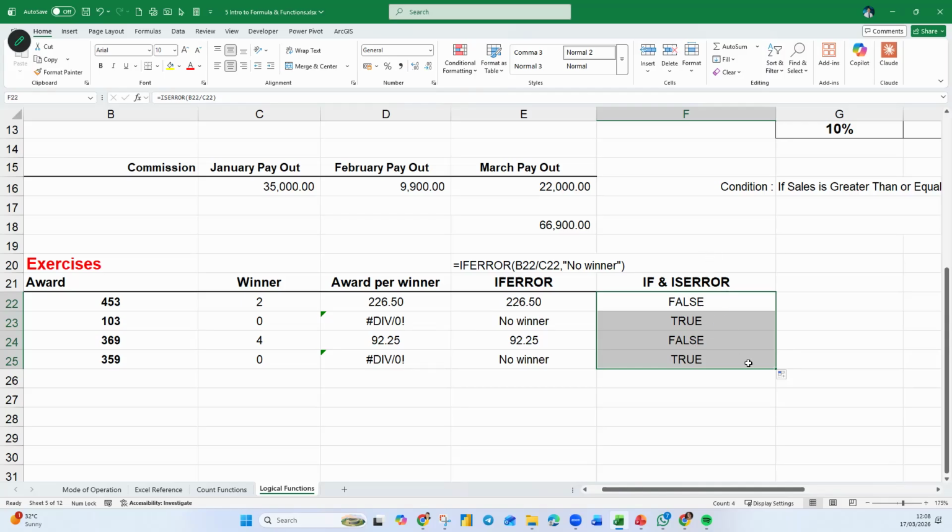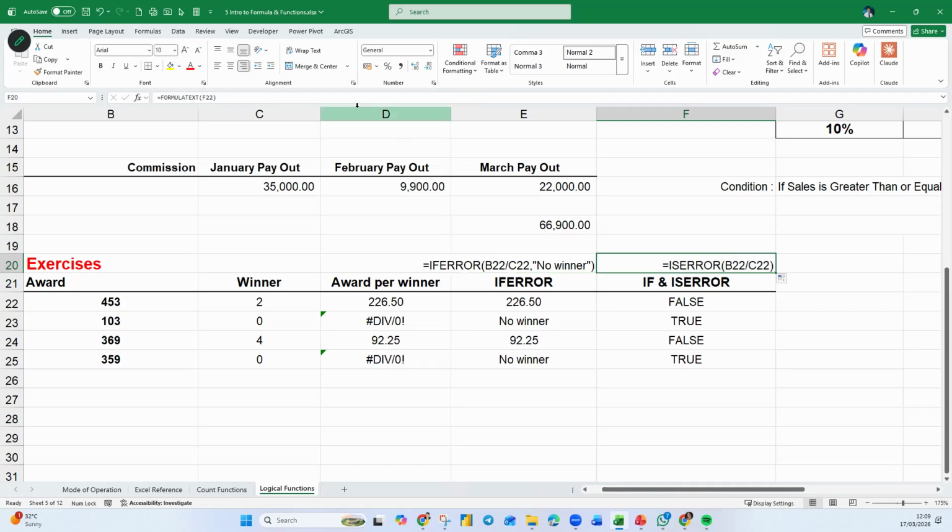So the formula to start with, let me just put this aside. So I put this. Okay, that's the normal formula. You just want to know whether it's an error, just like I showed you this morning about whether it's a number. This one is whether the formula is an error. So what can I do with this?